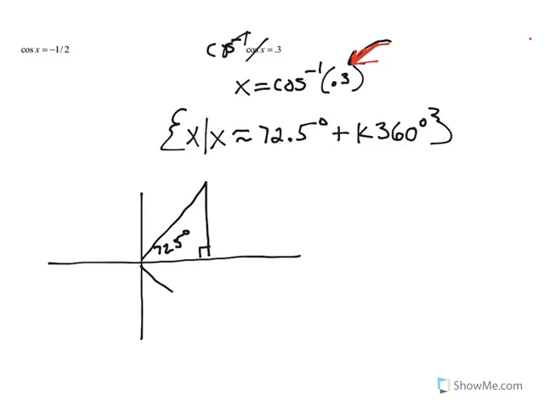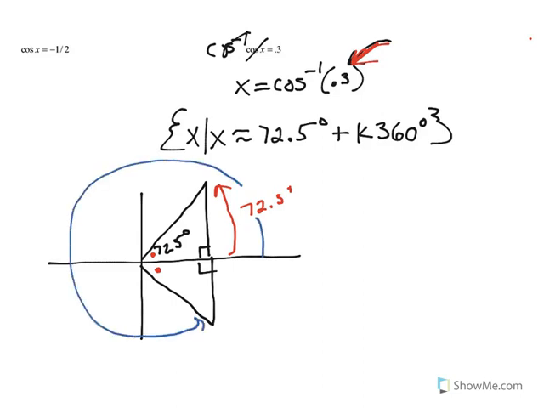So we need to have the same triangle just in quadrant 4. So if this is your 72.5 degree angle right here, a rotation of 72.5, then this will be your 72.5 degree angle in quadrant 4. So what is that rotation starting from 0? So if we start from 0, it's going to be short of the 360 mark by essentially that 72.5 degree angle. So you're going to want to do 360 minus the 72.5 degree number